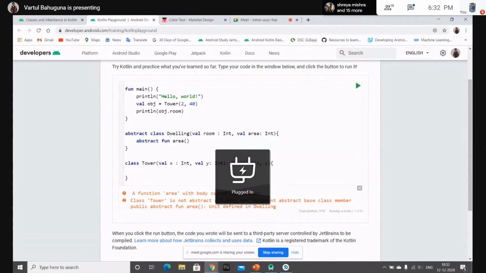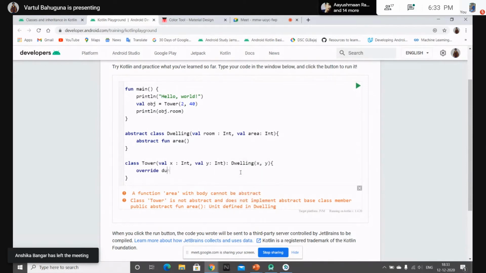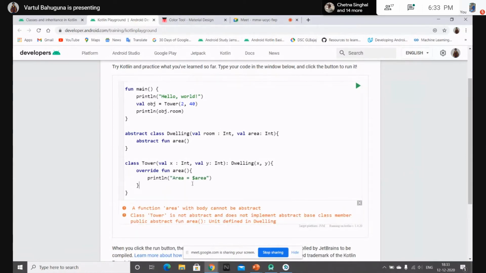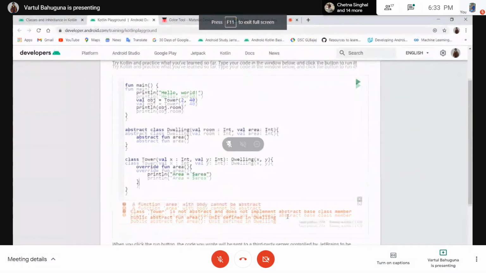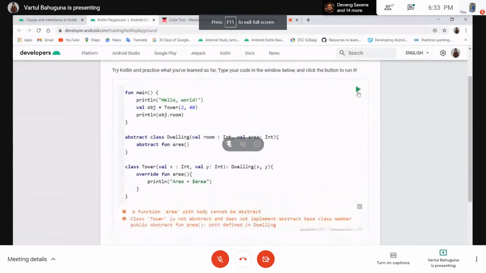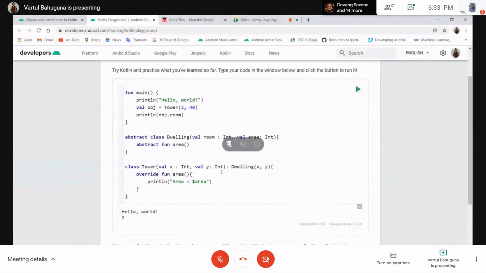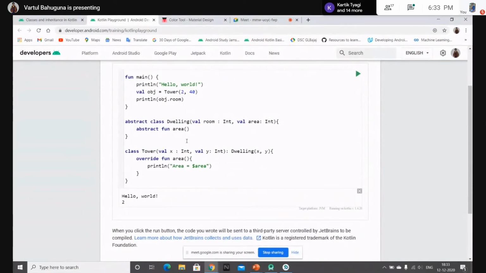So if we override function area and then write our code over here, it throws us no error, since we have overridden the area, which is an abstract function in Dwelling, and then we have given it the functionality.